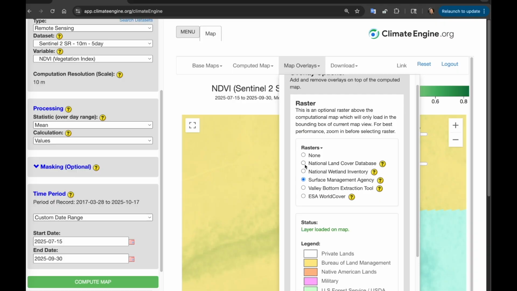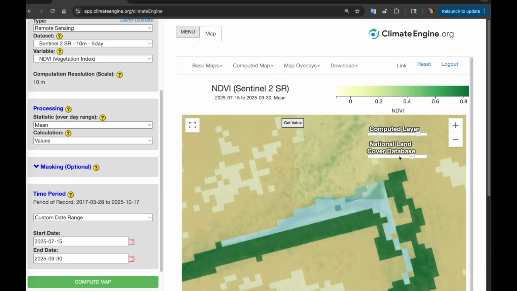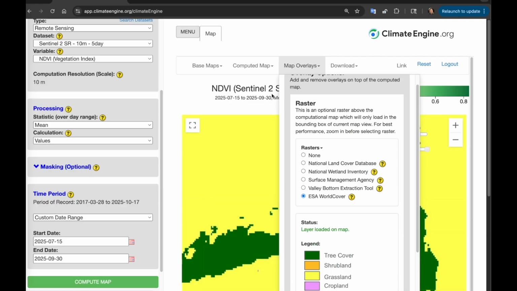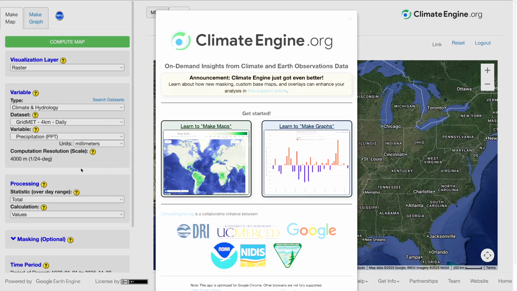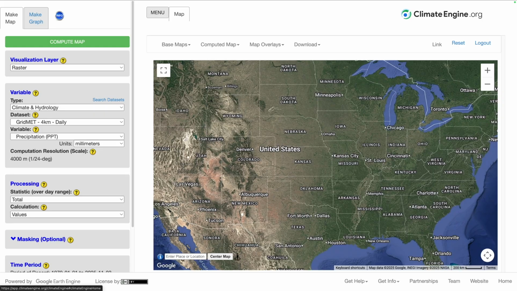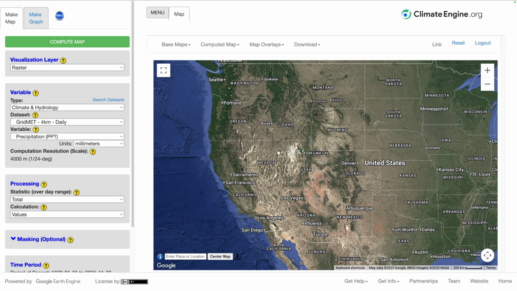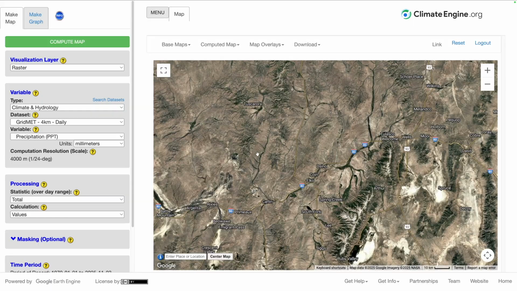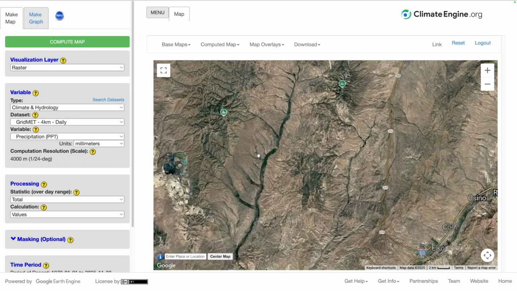In the last video, I showed how we can use the new raster overlays to visualize categorical datasets in Climate Engine. Today, we're taking things a step further by using these datasets as data masks. For this example, I'm zooming in on a river corridor in northern Nevada called Maggie Creek. It's an area that has seen a lot of restoration work over the years, making it a great test case